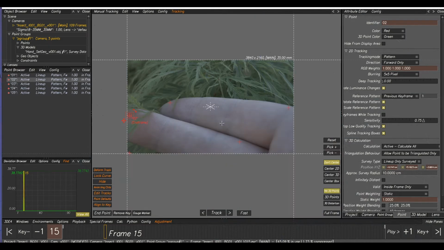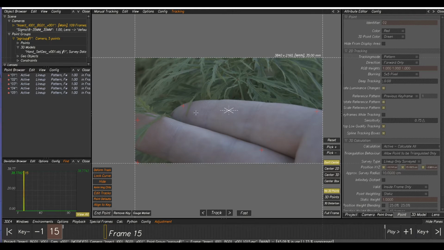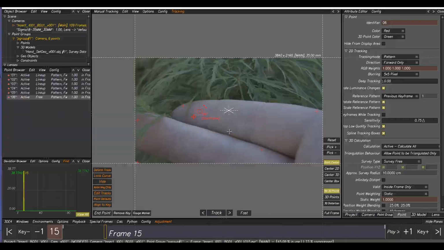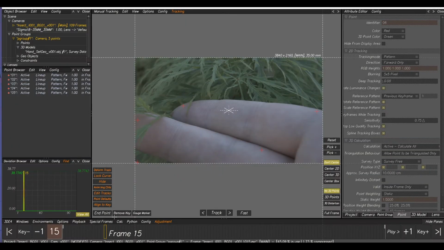So now if we go to F2, because I know this is a lock off, there's no movement on the camera, I'm going to treat this as a locked off camera, because it is. So I don't actually need to track any points, I just need to lock this position in, because at the moment I can't solve for the camera position with just line up points. I need tracking points. So if I hold control and left click, but don't track it, in fact, if I delete that,